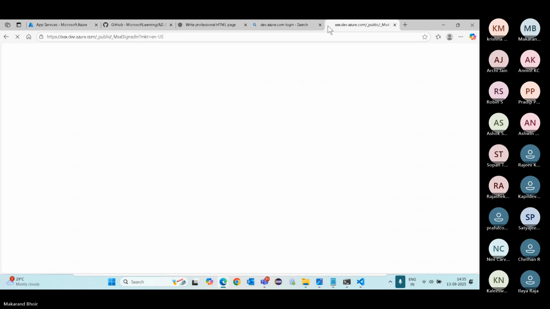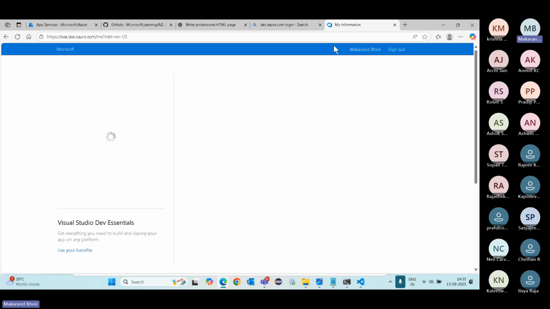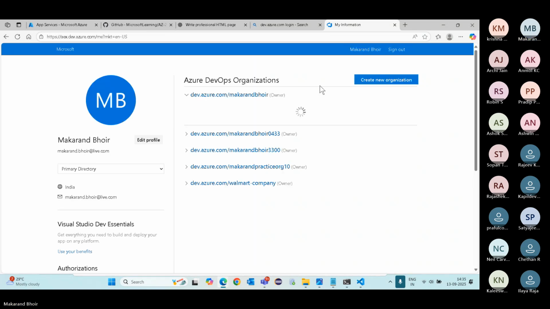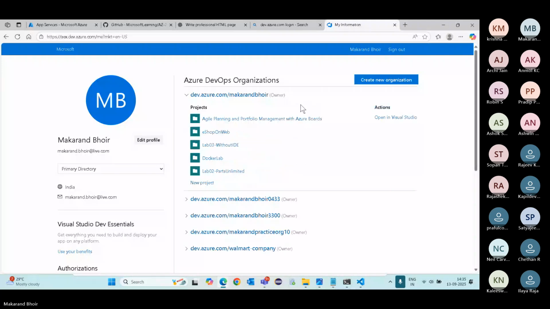I'm logged in currently. It is loading the home page. Okay, once the page is loaded,